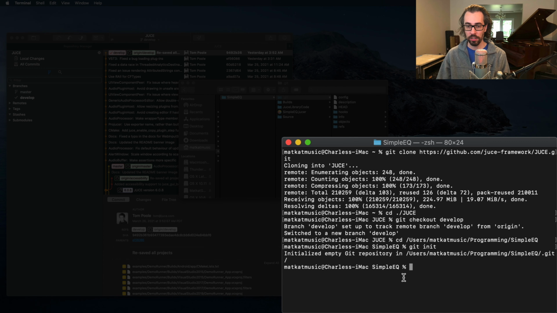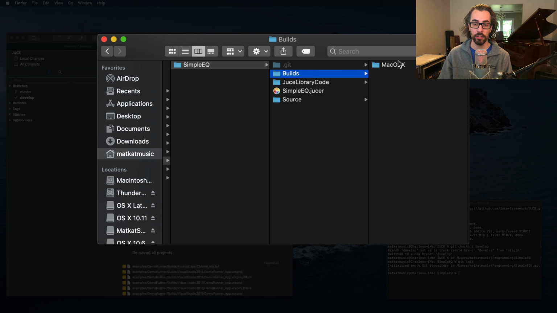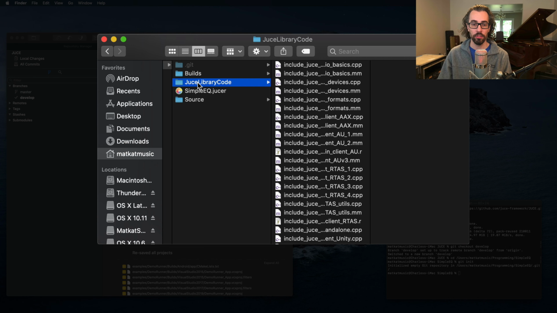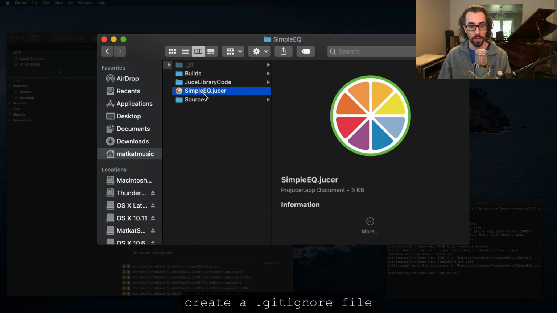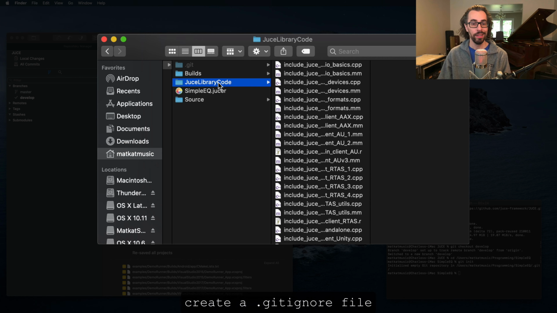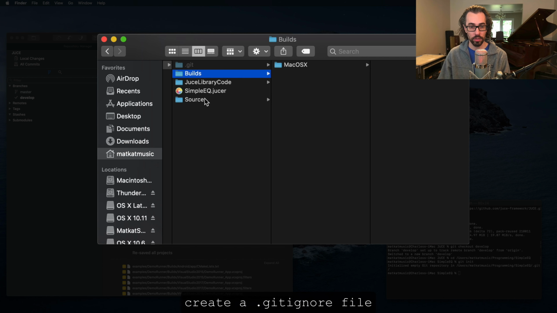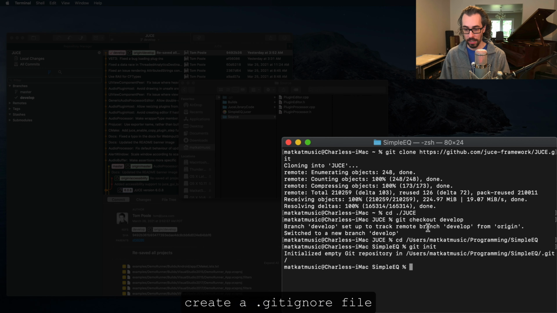Okay. So what I need to do next is an initial commit, and commit the state of this. Now I do not want to include everything that's in this Builds folder, and I do not want to include everything that's in this JuceLibraryCode folder, because every time we resave this Projucer file, it recreates these folders. The only thing we want to keep is the Projucer file and the Source folder. So I'm going to add a .gitignore file first. So I will do